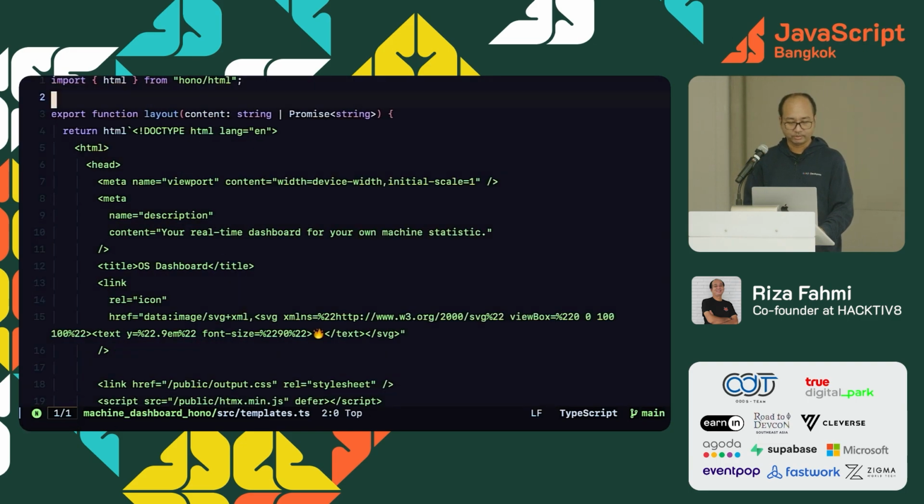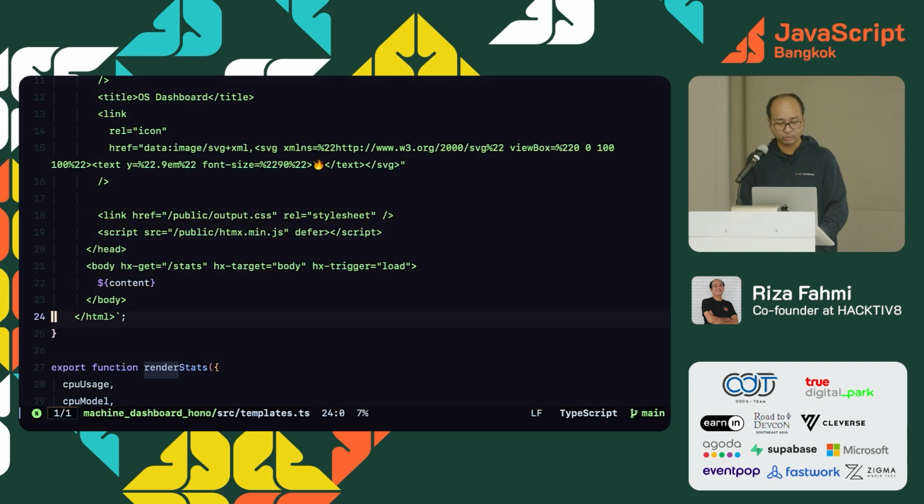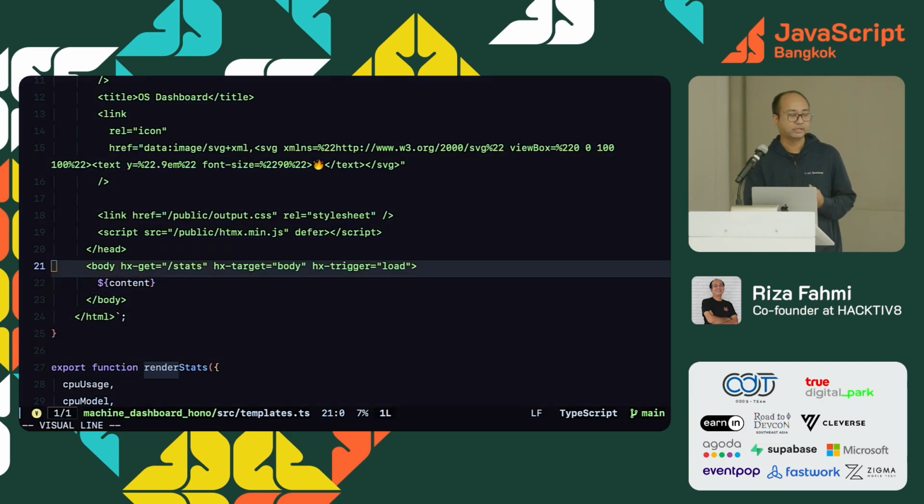Okay, what's interesting is when you use HTMX, you get new attributes on HTML like hx-get or post or patch, and you define the hx-target, which in my case will replace the content, or the children, of the body, and it triggers on load.